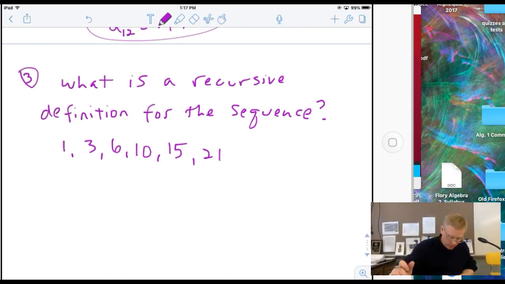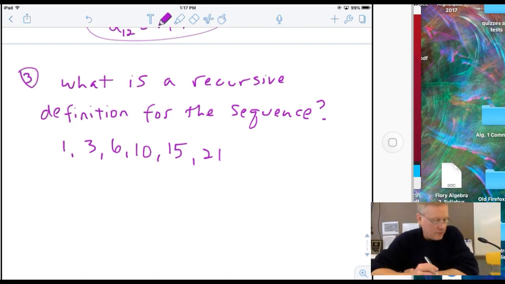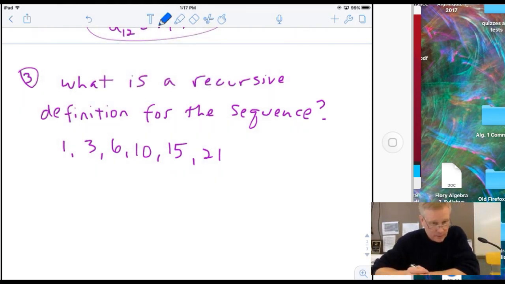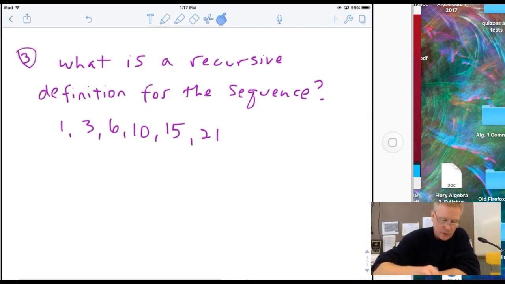Okay. So recursive is not as good because if I asked you to find the 100th term, you wouldn't be able to do it without finding the 99th term. However, it's easier, especially for some of the harder sequences like this one, for example,